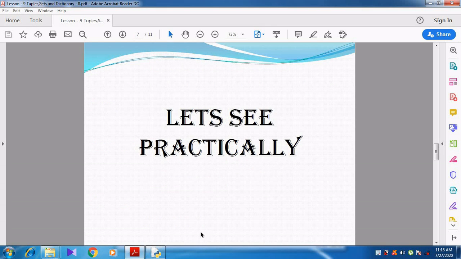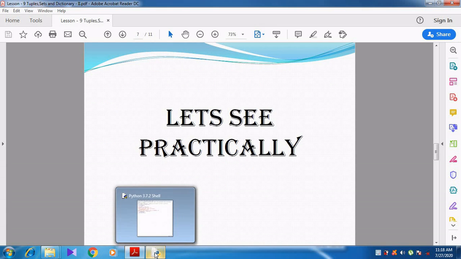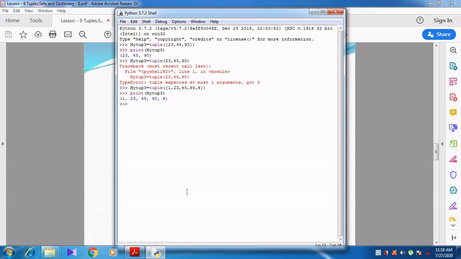The tuple function. I have already opened Python. So I am just going to use another variable, myTube4. myTube4 is equal to tuple, and then the values are given within square brackets 1, 2, 3, and then I close the parenthesis.